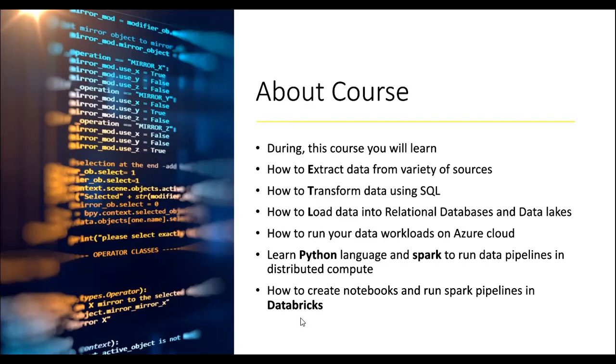Hari, to answer your question, we are introducing a company called Databricks, and a technology called Spark, which was created by Databricks. And we are also using Python, right? Traditional ETL people would not have used these technologies, but these are evolving, cutting-edge technologies as of today in the industry.